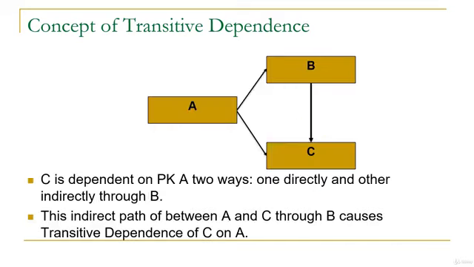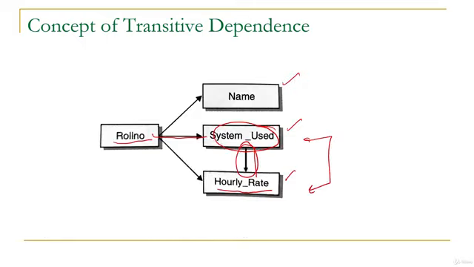So this is the same situation where we have functional dependence between two non-key attributes B and C. So here B will act as system used, C is hourly rate, and A is roll number. So here we have a situation of transitive dependence, and